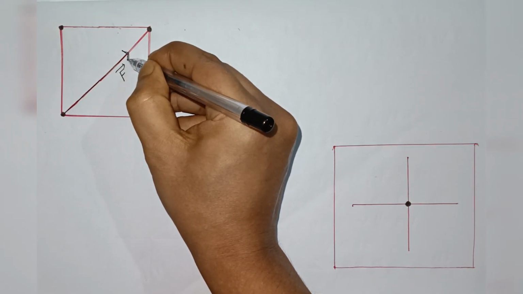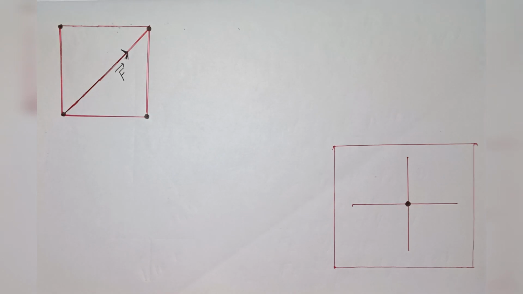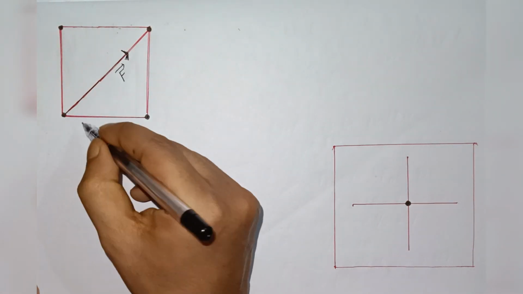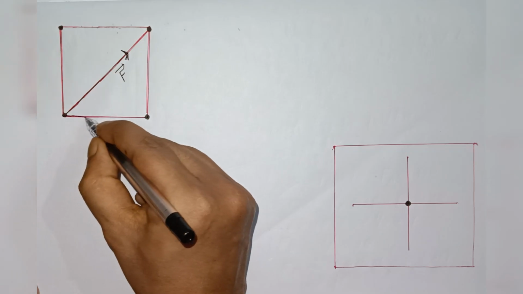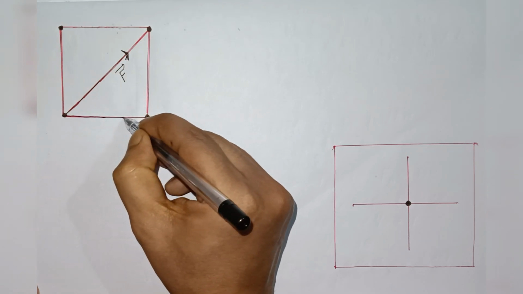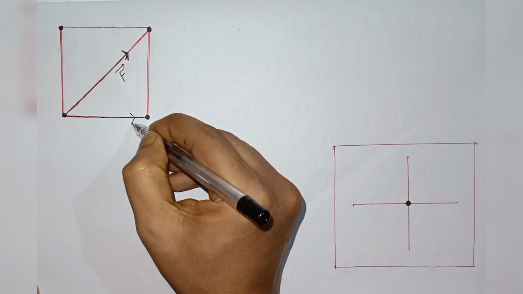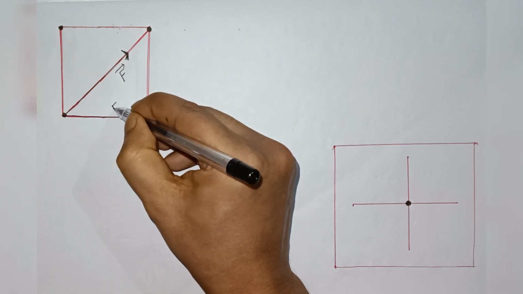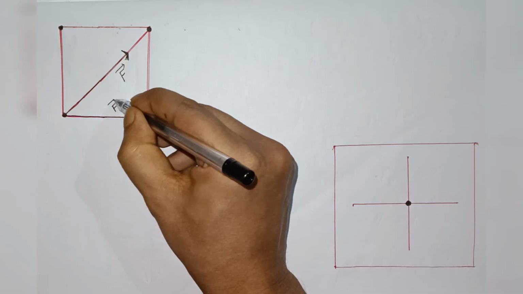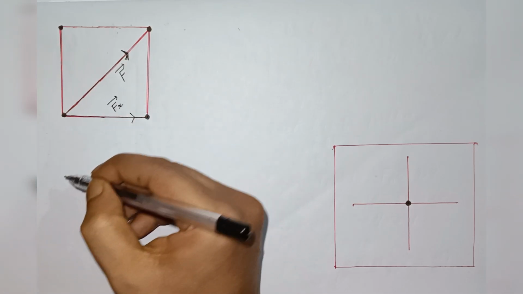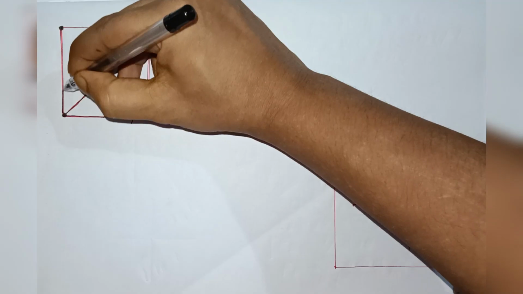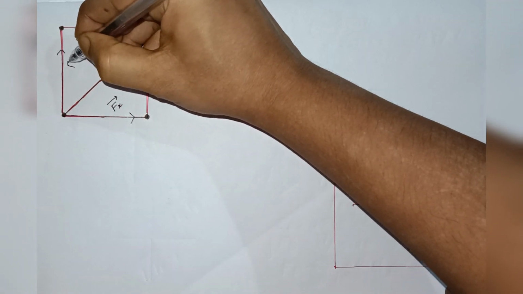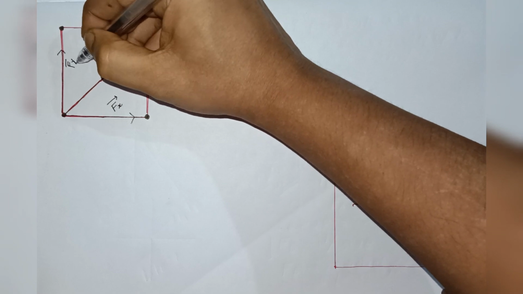I took one vector and gave it a cool name, F, because every force needs a stylish name, right? This vector is a drama king. It breaks into two pieces. One runs along the x-axis and the other runs along the y-axis. Teamwork, baby, teamwork. The one who runs along the x-axis, we call him Fx, and the one who dances along the y-axis, we proudly name Fy. Simple family.